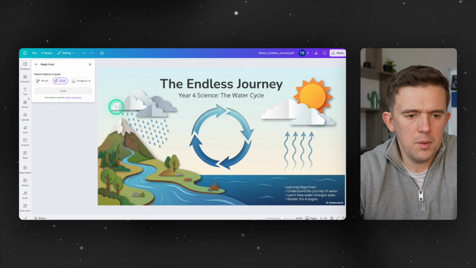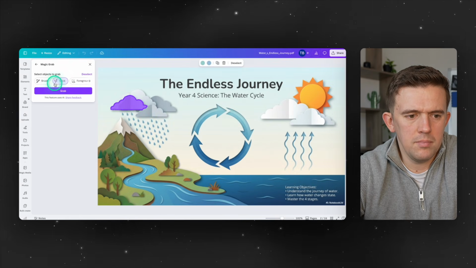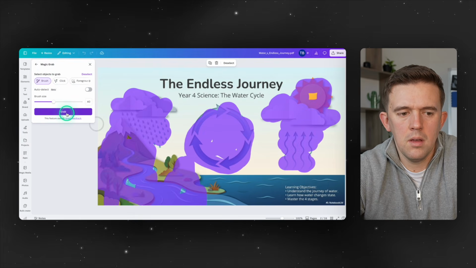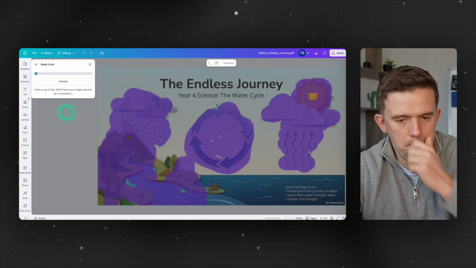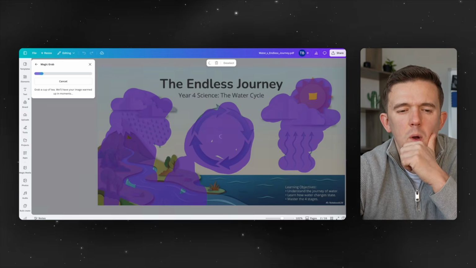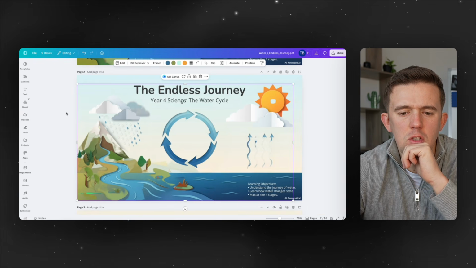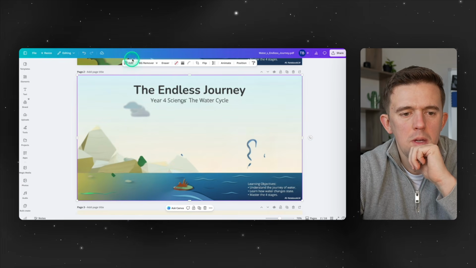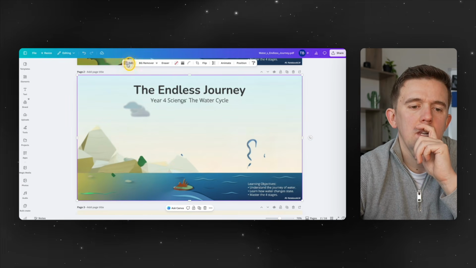We're probably going to have to brush a lot of this. Okay, from there we're going to press grab. I'm hoping that it just pulls out what I want to grab. We'll see. And then you should be able to delete. It's not done a terrible job, but you can see it's not quite perfect, so it'd be a case of